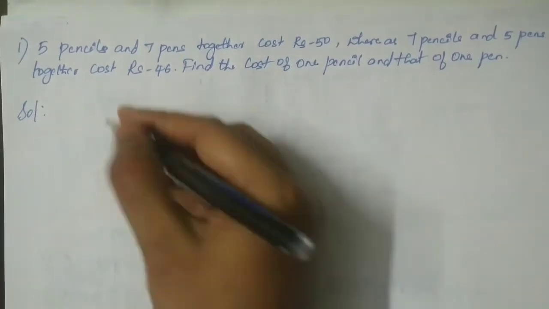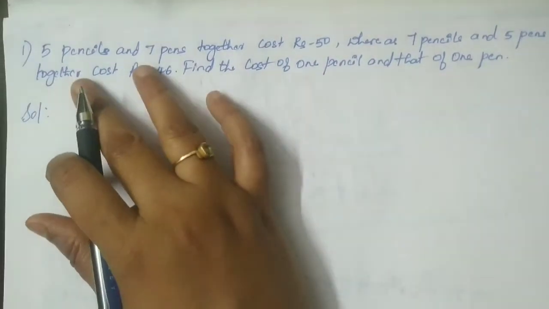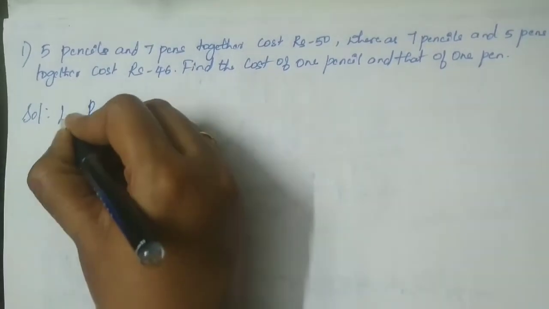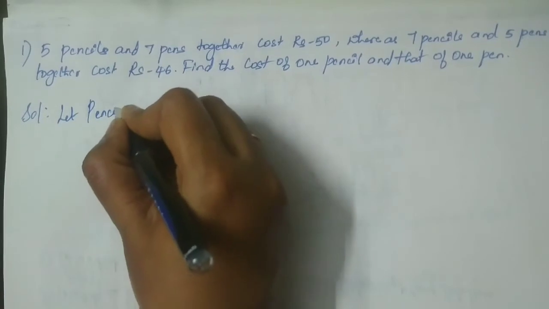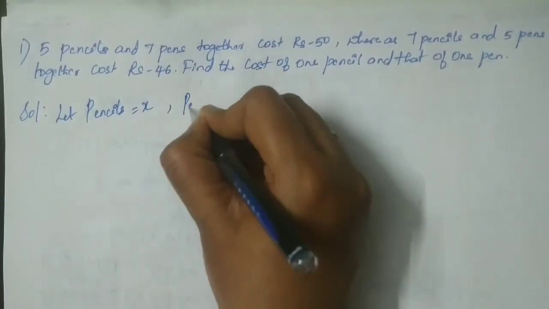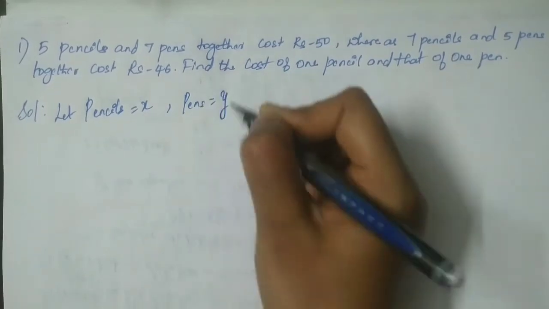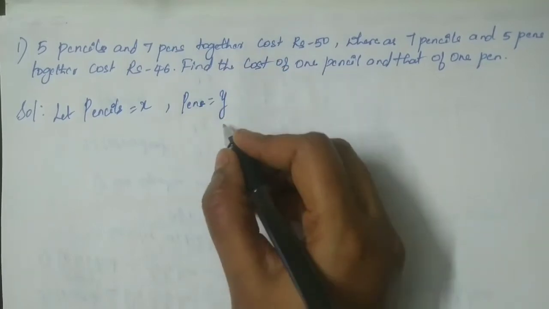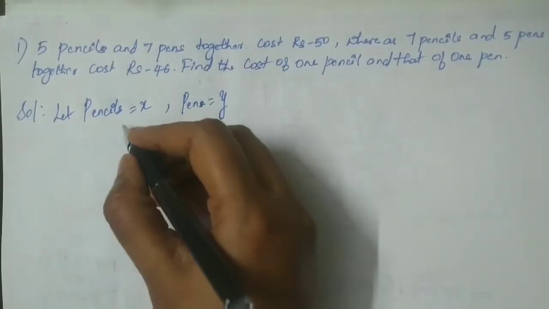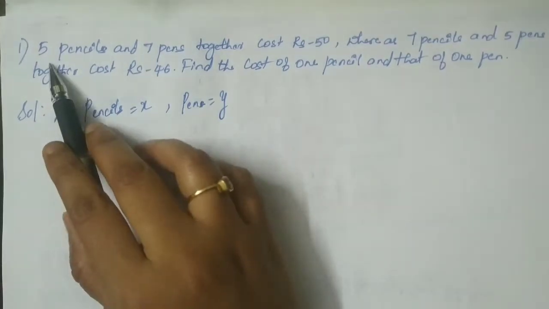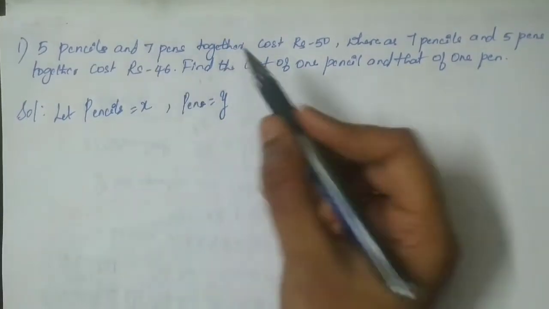So what are the two characters we have? As I said, pencil and pen are the two characters. So let us denote these characters as variables. Let pencil be denoted as x and pen be denoted as y. That is very important, identifying how many characters are in the equation. Finally, we need to find the cost of the pencil and pen, that is the x value and y value.